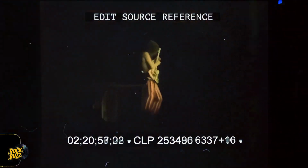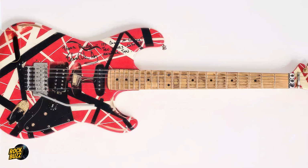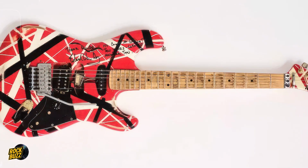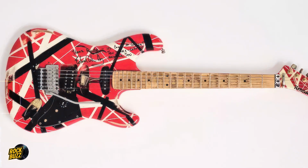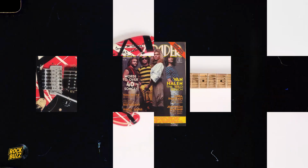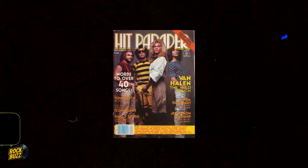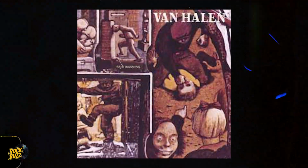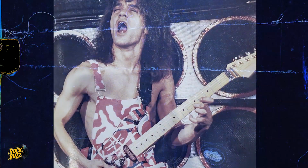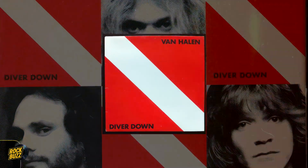Eddie Van Halen's Kramer from the Diver Down era isn't just a guitar, it's a living piece of rock history, for sure. Tied to one of the most unpredictable and experimental albums in Van Halen's career, in 1982, the band was coming off a relentless run of success, and Warner Brothers pushed for a quick follow-up to Fair Warning. Eddie wanted to keep creating, but deadlines meant compromise, and the result was Diver Down, recorded in just 12 days,